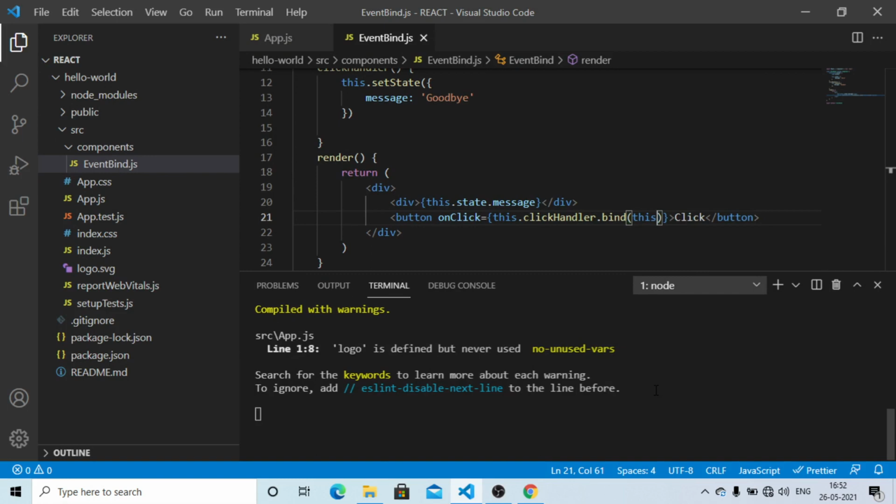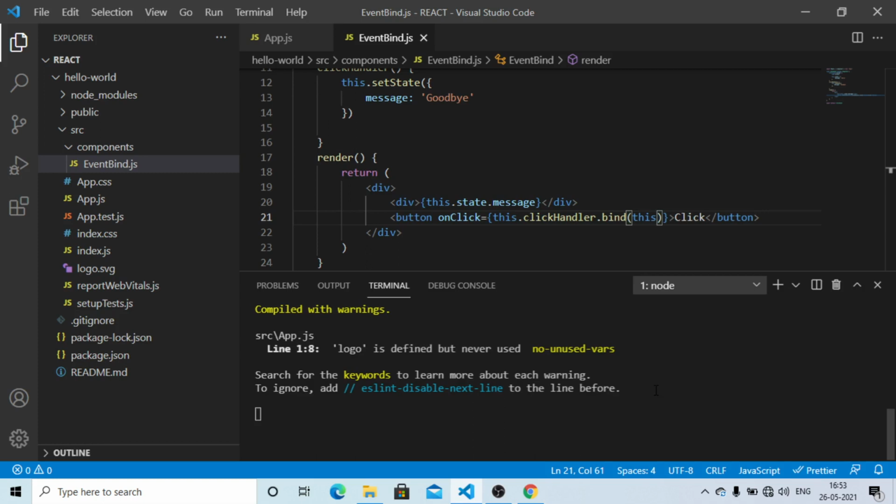But binding in the render method using the bind keyword has some performance implications, because whenever there is an update to the message property of the state, the component is re-rendered every time. So whenever we have nested children components inside the parent component, this might have some performance implications. Meaning that as far as a small application is concerned, it is a viable option, but in the case of large and big applications, this might have performance implications.